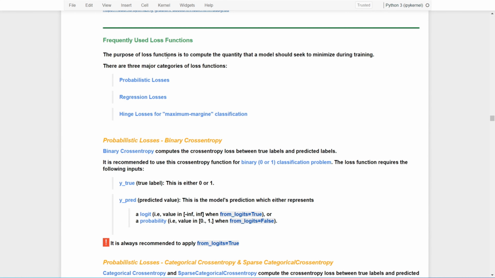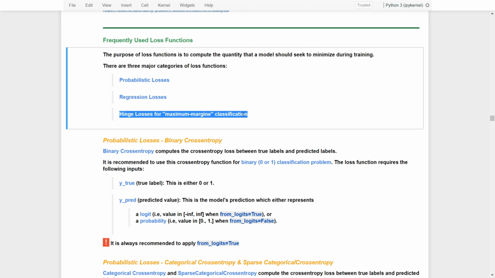The purpose of the loss function is to compute the quantity that the model should seek to minimize during the training. There are three major categories of loss functions. We will cover them one by one, and that includes the probabilistic losses, regression losses, and also the hinge loss